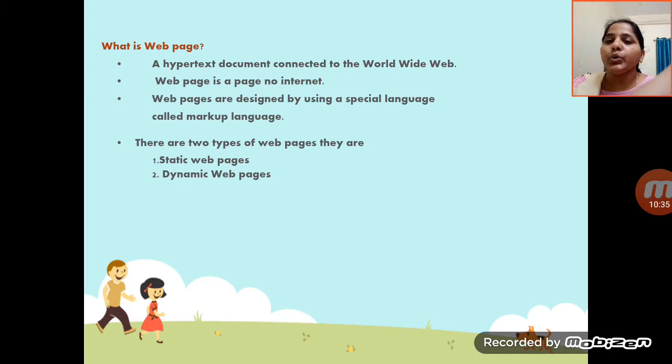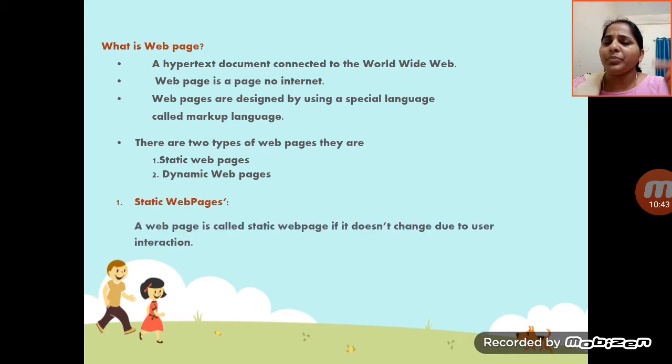There are two types of web pages: static web pages and dynamic web pages. A static web page does not change due to user interaction.